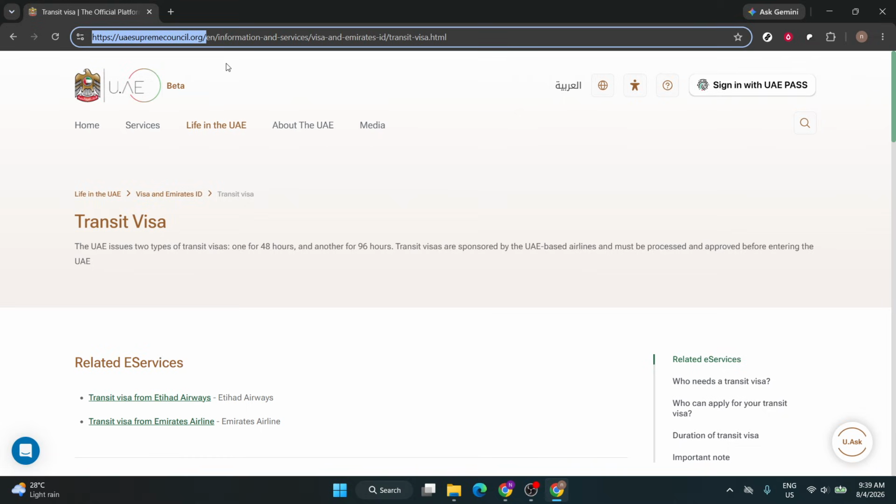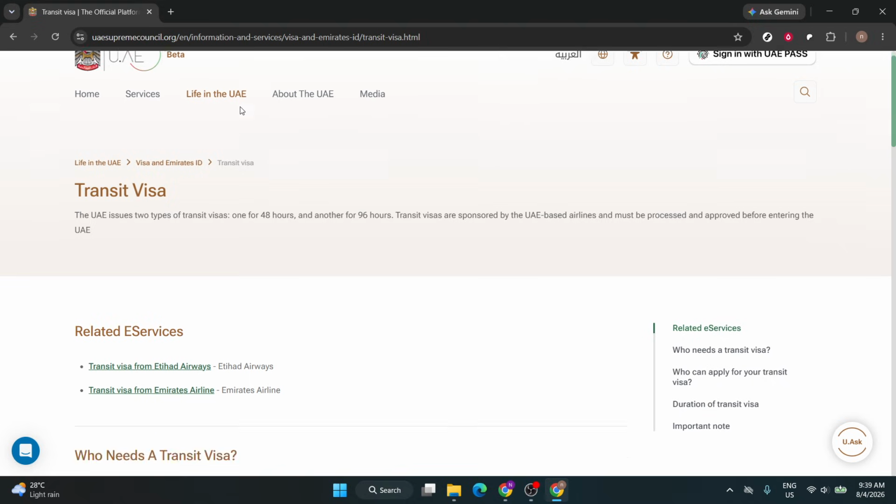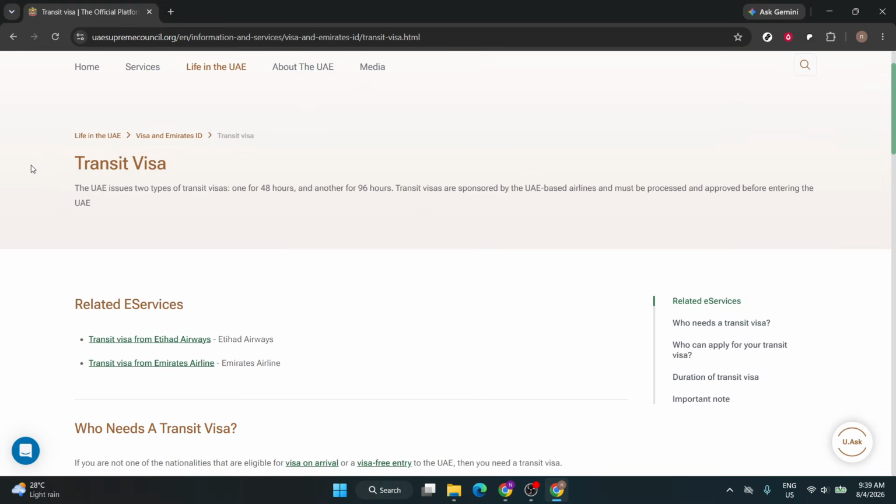Starting here can help you verify that you're following the right process before you move on to the airline application side. Once you're on the website, click on the Transit Visa section. This page explains the basics of how transit visas work for travelers passing through the UAE. It's worth taking a moment to read through the information carefully so you understand what kind of visa you may